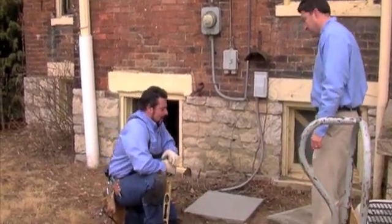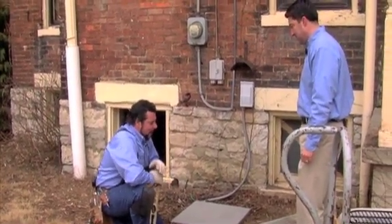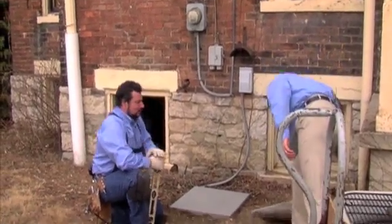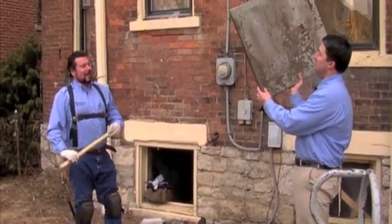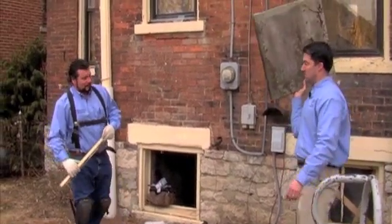Now, why is it you're going with the new pad? I see it looks like it was an old pad here? Yeah, it's old and it looks a little roughed up. Why not give him a new fresh pad with a new fresh air conditioner is how I look at it. That's a good idea. I thought so. As you can see, these solid concrete pads are